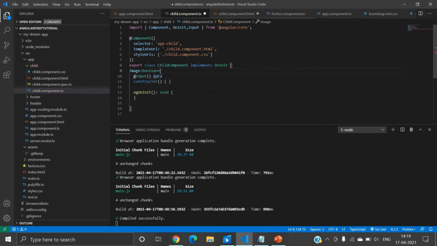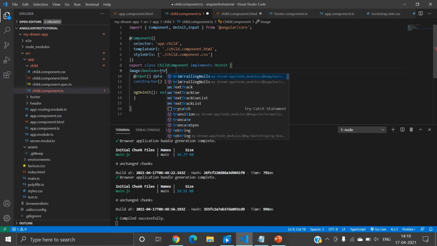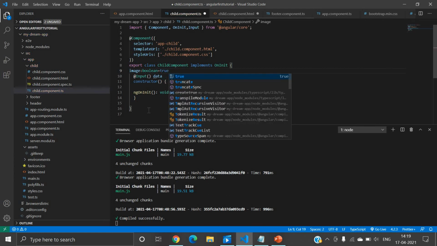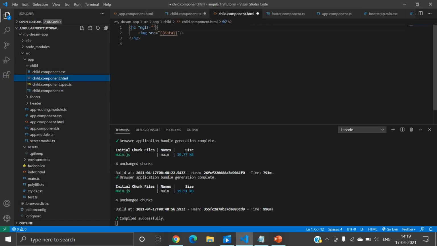Suppose that when this image is true, then this image will display, right? This property I will use inside the ngIf structural directive. Now let's save this file.